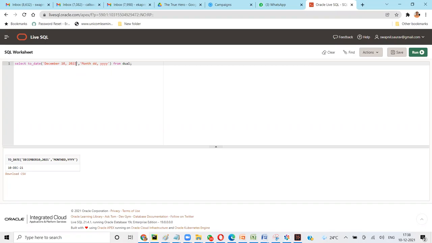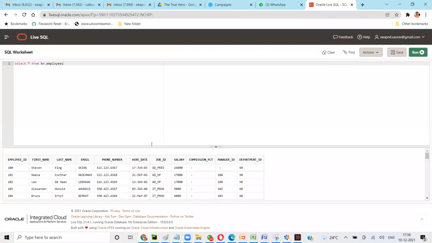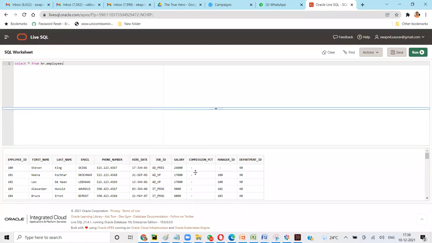Okay. Now let's say select star from HR.employee, right? Let's look at the output. This is commission percentage, right?